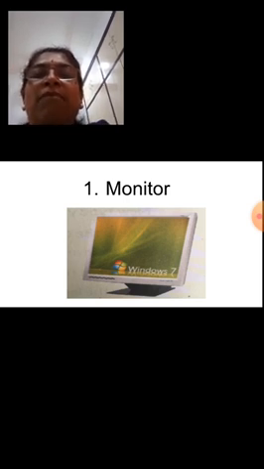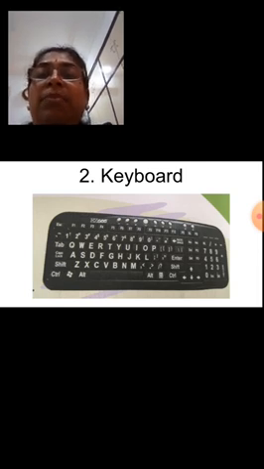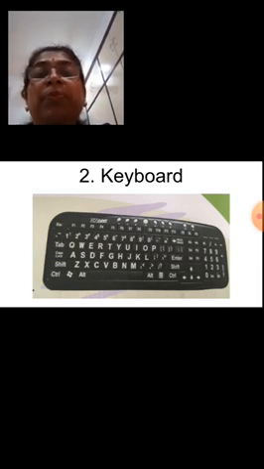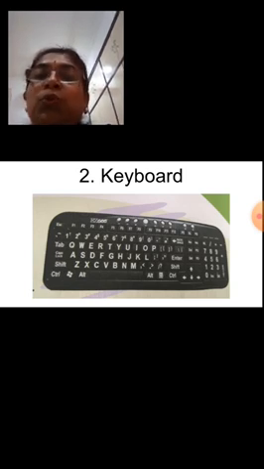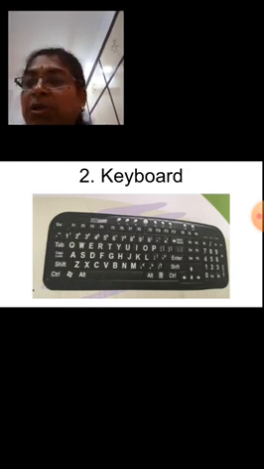Now we'll see the second part, that is the keyboard. The keyboard has 104 keys. It is used to type letters, numbers, and some other characters into the computer.